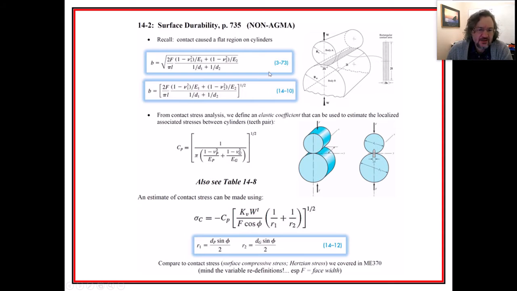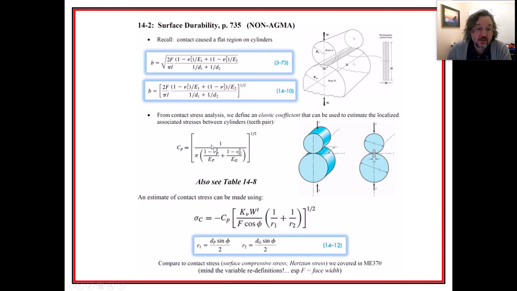You can see that these equations are in chapter 3. That's where we covered that in ME470, but you also see that it's in chapter 14. That's where it's being introduced here as equation 14-10. Now we don't need to use these equations in this class, but we need to know where the stuff is coming from. What we can use instead in this